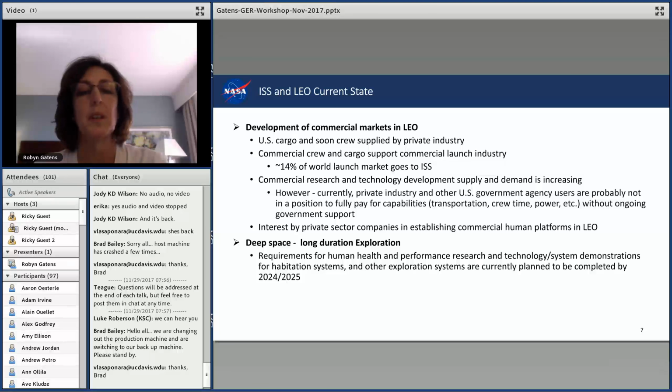by the government. But we're also seeing a lot of interest by private sector companies in establishing commercial human platforms in LEO, beginning with potentially attaching to the space station, eventually establishing human platforms in LEO apart from the space station. Seeing great interest in that. So again, that supply side remains to be seen whether the demand can support those private platforms without continuing